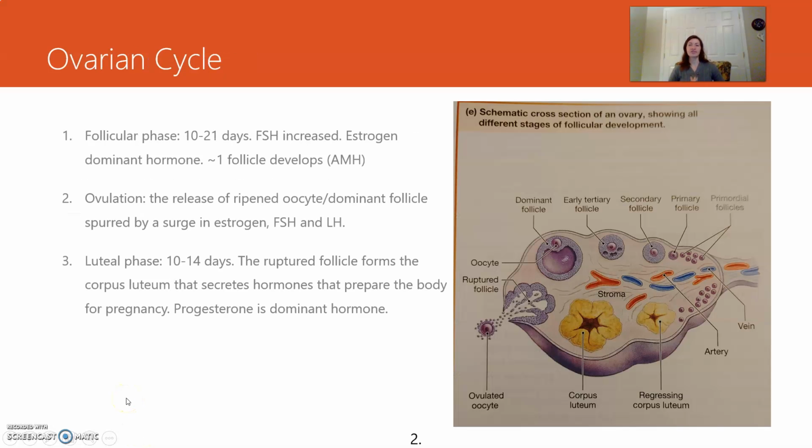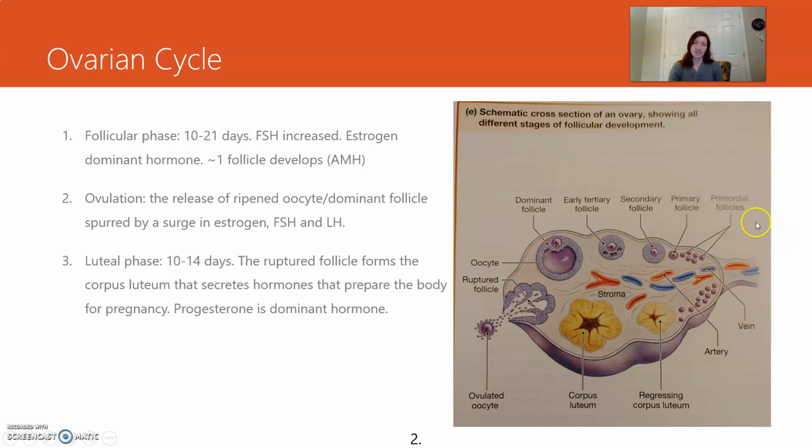So the ovarian cycle, let's do a deep dive. This schematic on the right is going to be very helpful. And if you move in a counterclockwise direction, it matches with the ovarian cycle. So starting off, we have the follicular phase. That'll be in this right-hand corner of this ovary. And the follicular phase is the longest part of the ovarian cycle. And it starts the same day as the menses phase, which we'll get to.